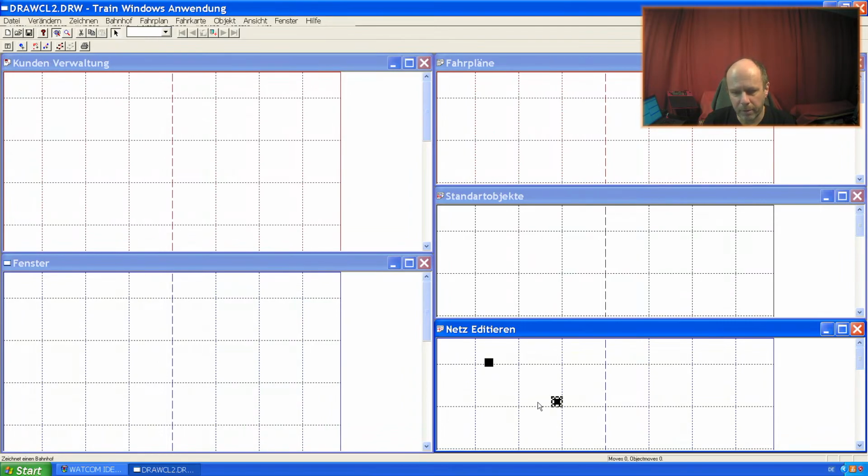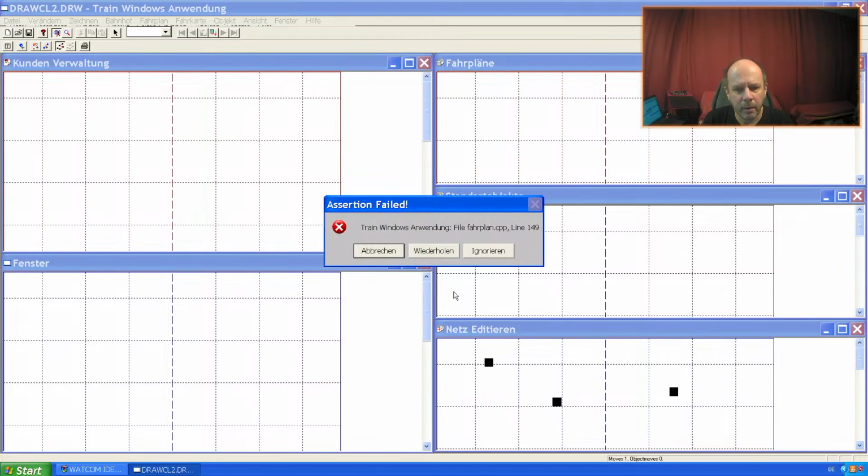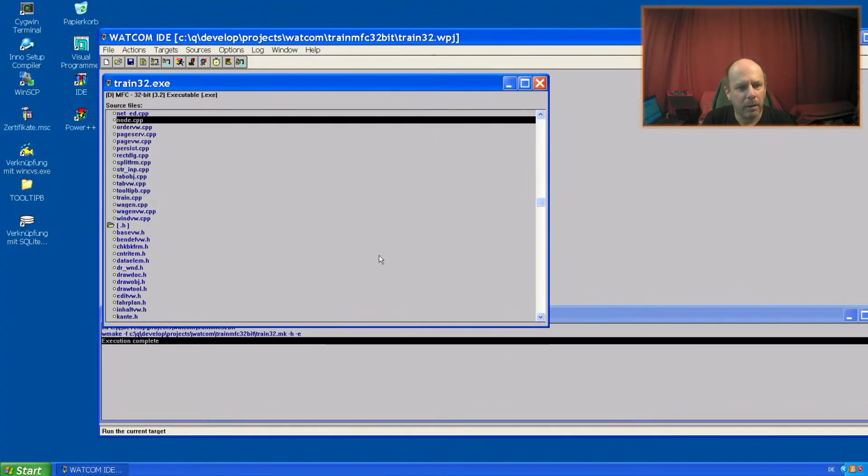Okay, it's going back to some connection. And now, anyhow, I do not understand what I have done in those days about connecting without showing some line. The message says: the train station has no name yet. The name of the train station is not given yet, and okay, it crashes.